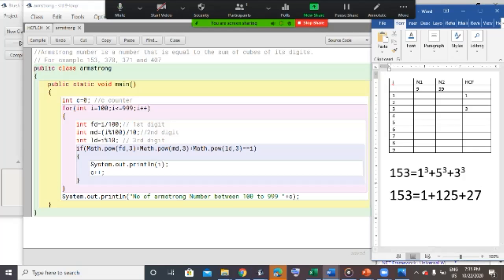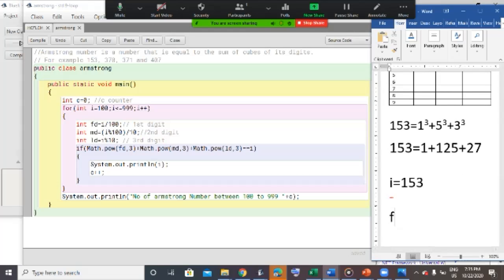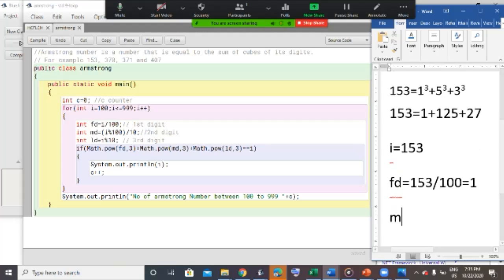Those of you who are not sure about extracting the digits, I'll work it out for you. Suppose i equals 153. In that case, the first digit equals 153 divided by 100. It will give you the quotient, which is 1. So 1 has been extracted.